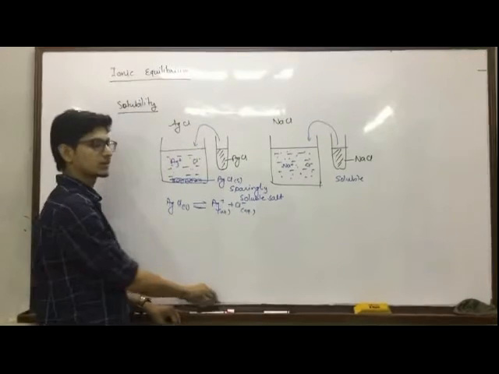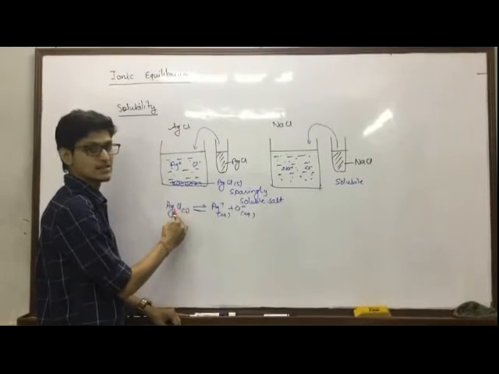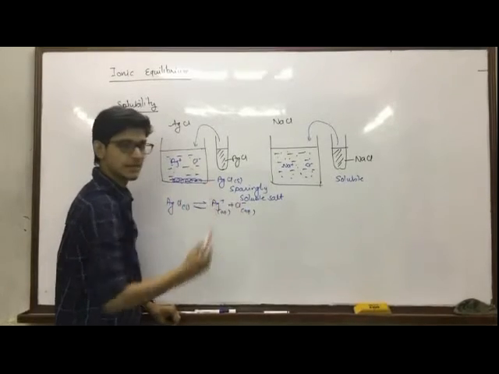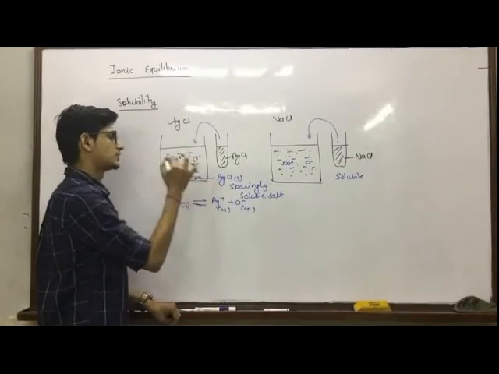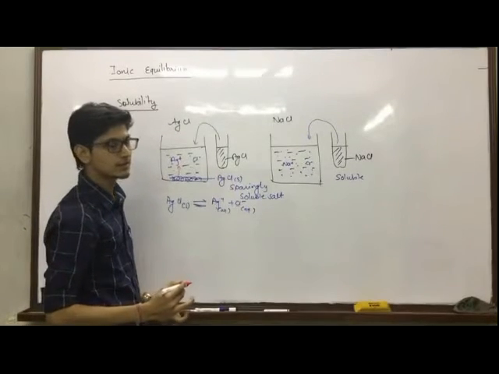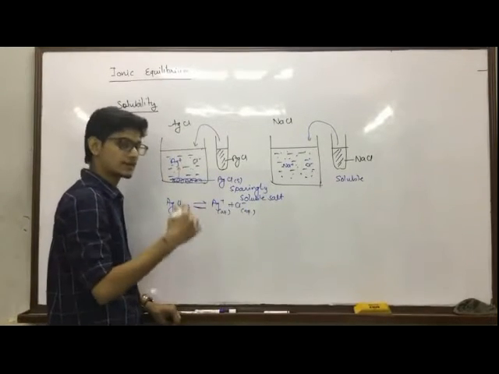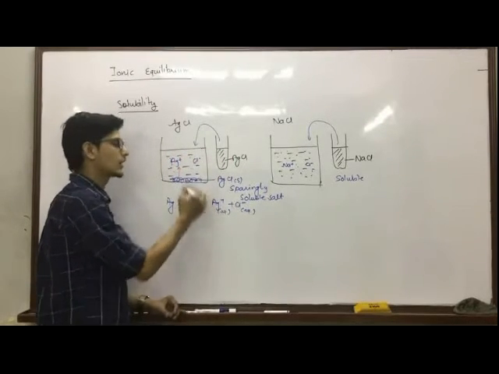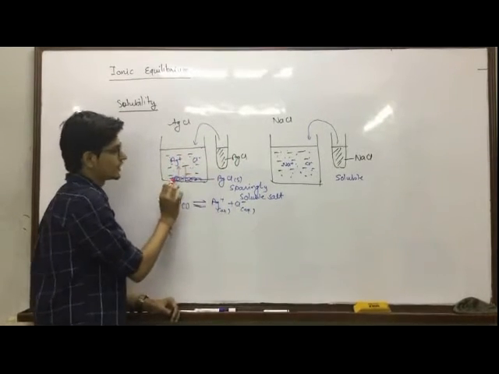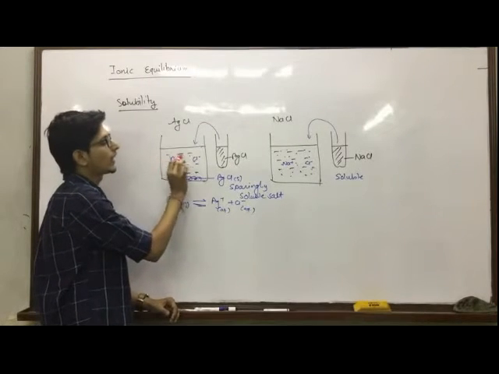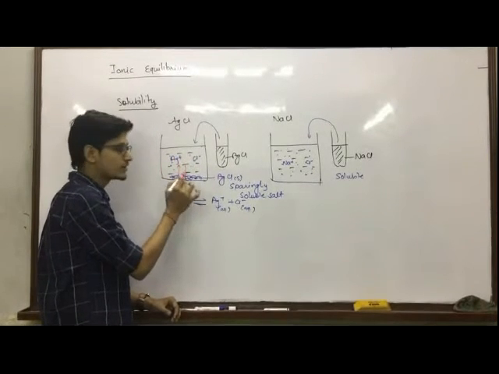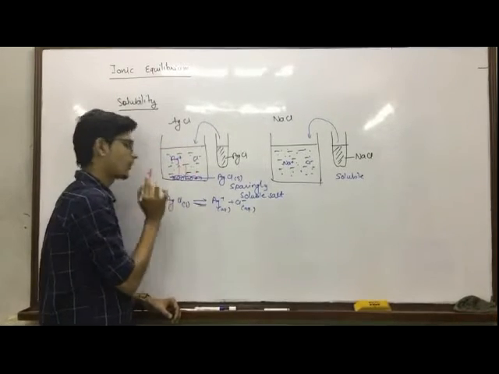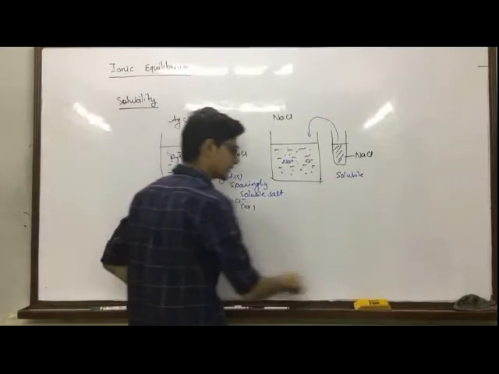And what are we going to expect in this? The solid portion of AgCl is going to dissociate into Ag plus ion and Cl negative ion. Similarly, at the same time, this Ag plus ion and Cl negative ion are going to join together to form again a solid portion of AgCl. So in this basic equilibrium, AgCl dissociates and Ag plus and Cl negative join together to form AgCl. So a basic equilibrium exists, and we are going to study about this equilibrium. Okay, so let's continue.